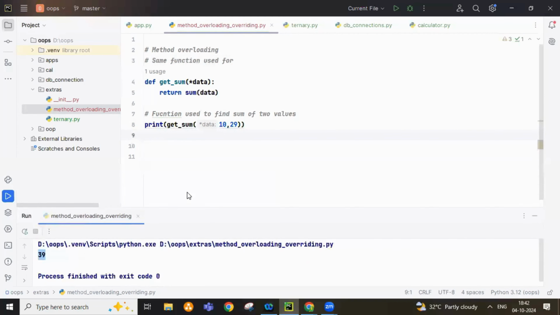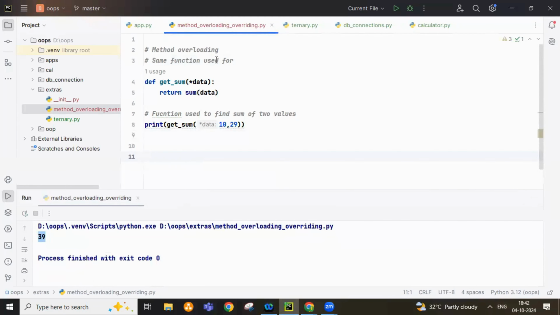Okay. See, method overloading is same function being used for multiple purposes. Okay. So when you look at this, what did you notice? See, for doing calculation of two inputs, let's say two inputs, I have used this function, and even for calculating multiple ones,